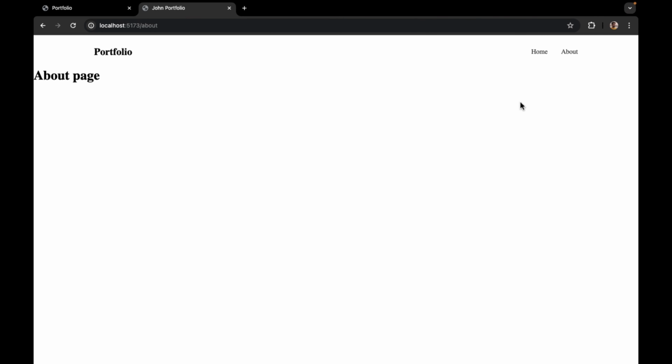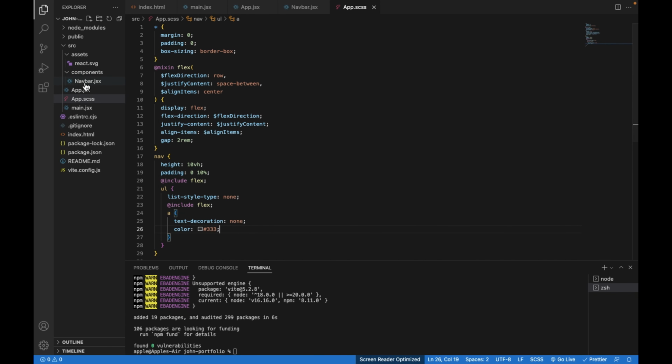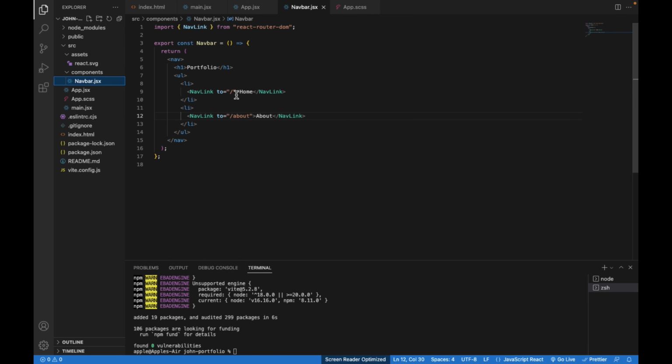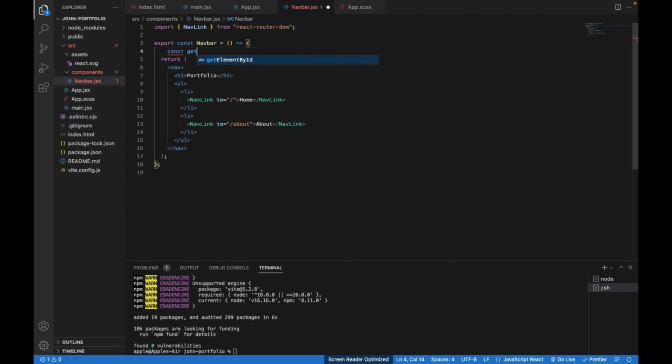Okay, perfect. And now when we click on this item, suppose I click on about, we need to make this highlighted, and if we click on home, we need to make this home link highlighted, right? So for this, in the navbar, we can do one thing. I will write one function, const getActiveLink. This function takes one argument which is active,